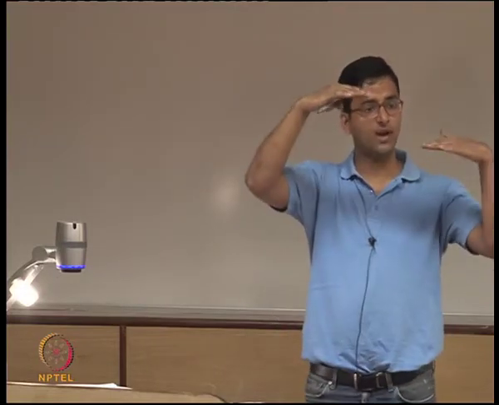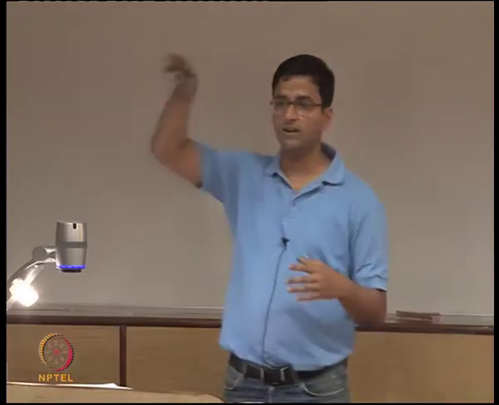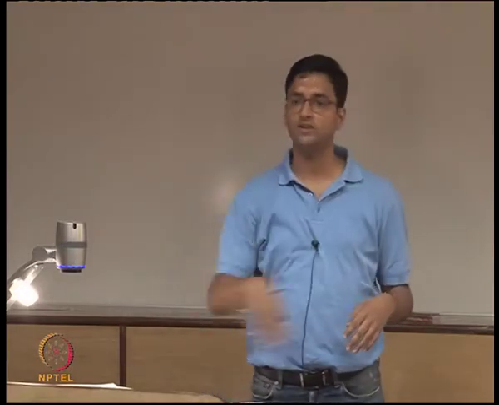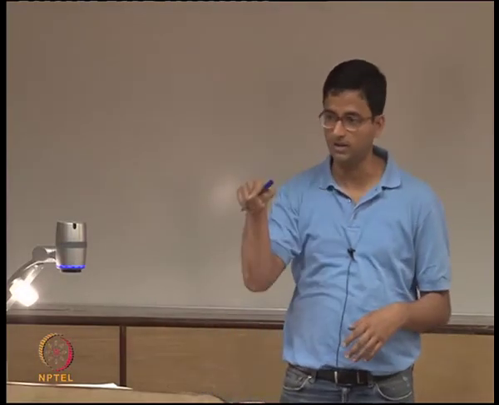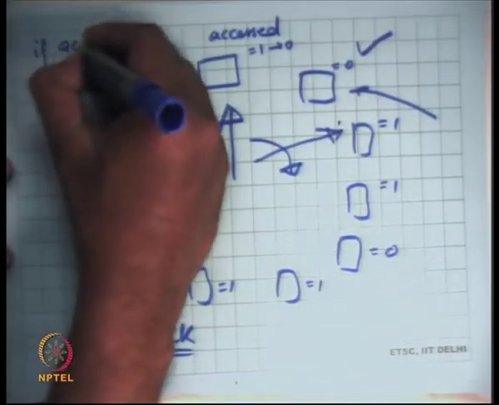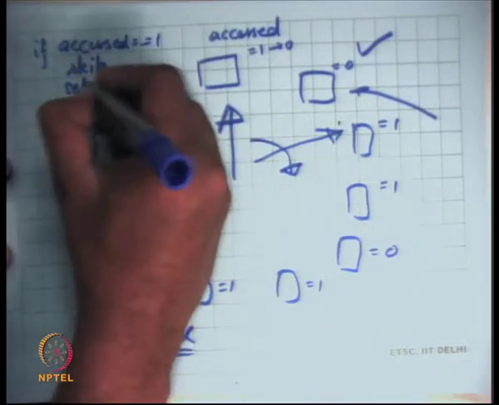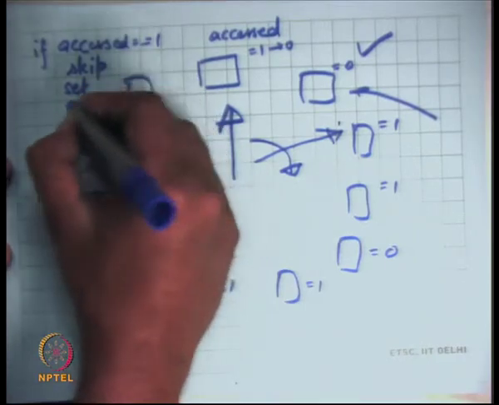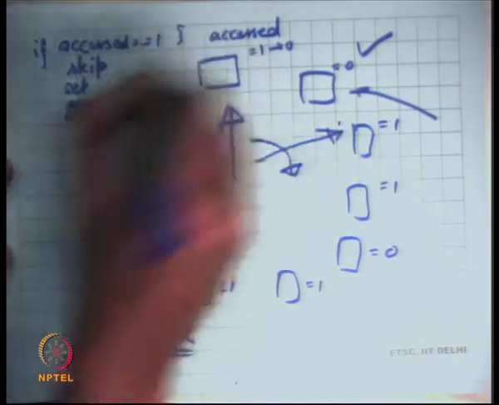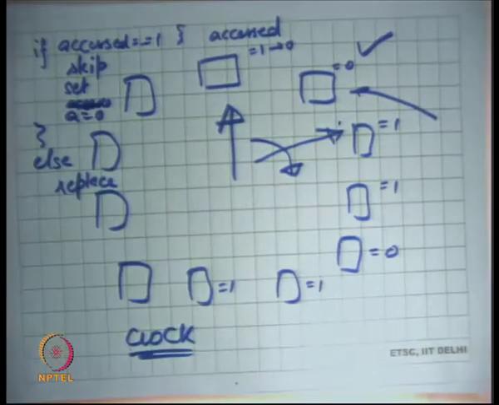So you basically have two categories, recently accessed and not recently accessed, and you are processing both of them in FIFO order. One way to think about it is you arrange the pages in a clock and you let the clock hand rotate, and you use this algorithm: if accessed is equal to 1, skip and set A is equal to 0, else replace. So each time you need to replace a page, you just move the clock hand and figure out which page to replace. All right.